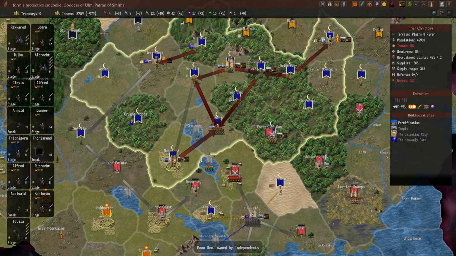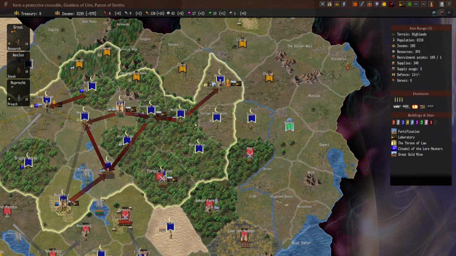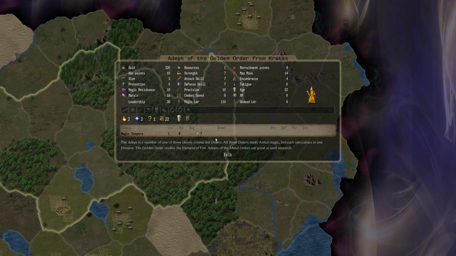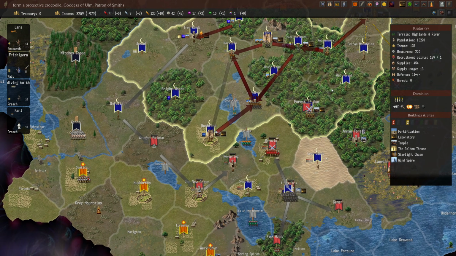Not much else happening. Recruitment is still basically the same everywhere. Still getting scouts over here. I think we'll have a Golden Order guy soon. Which is cool. Not a huge use just yet, but...